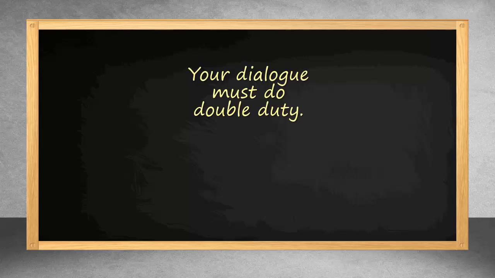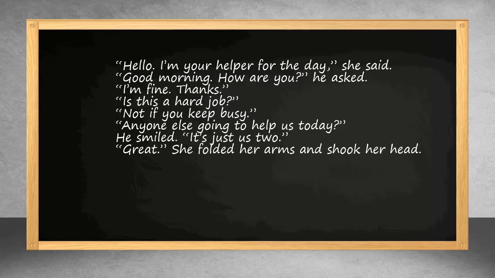First, let's get the mechanics of dialogue out of the way. It's pretty simple and straightforward, but it does take some particular attention. Some of the problems students have are the comma and the period. Notice that the comma always goes before the end quotation mark. Of course, all of your dialogue will be enclosed with quotation marks. If there's a period at the end of the sentence, then the period will go inside the closing quote. If there's a comma at the end, the comma will go inside the closing quote.